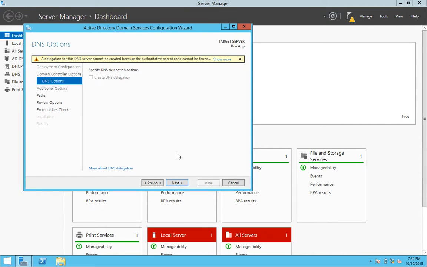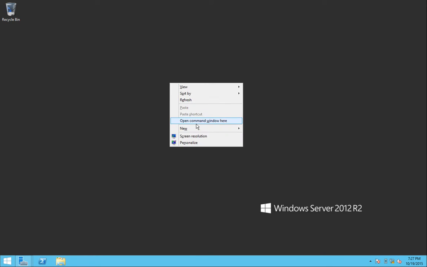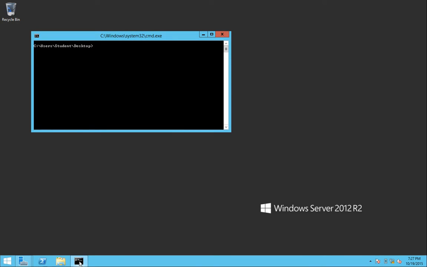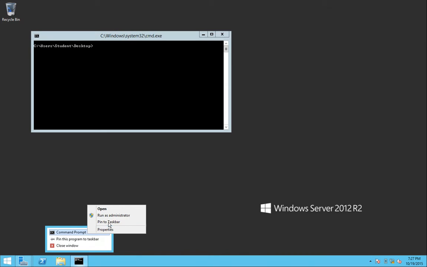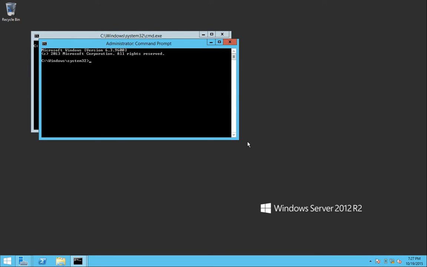Now I'm going to minimize really quick. I'm going to minimize everything on my desktop. I'm going to hit Shift and right click and open a command prompt, and I'm going to right click my command prompt again and open as administrator and click yes. I'm going to type net user administrator and our password